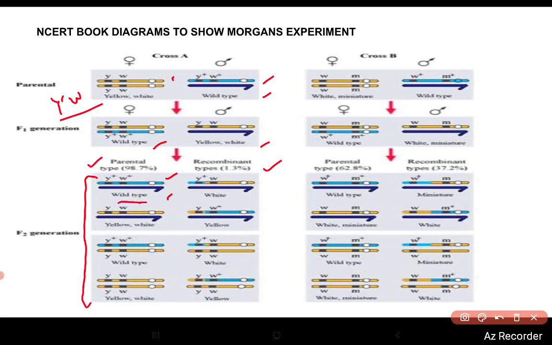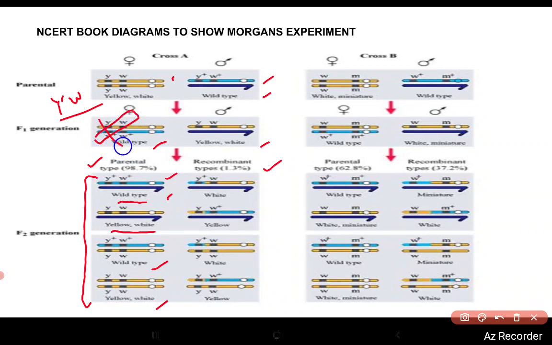Here one male is the wild type, and the other male is with yellow colored body and white eyes, and the females produced are with the wild type characters that are dominant, red colored eye with brown body, and the other female produced is yellow colored body with white eyes. So these four are the parental combinations, and the recombinants are produced if